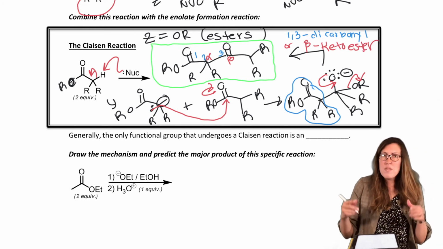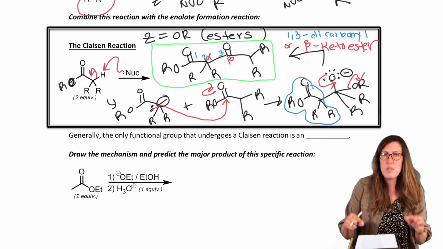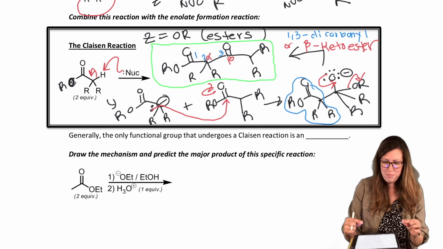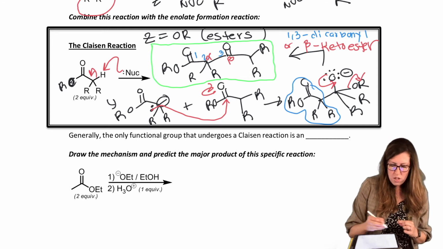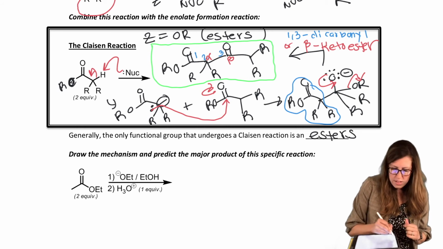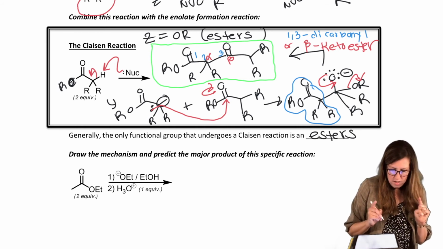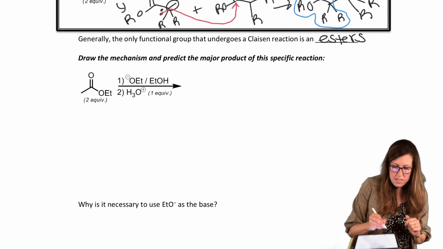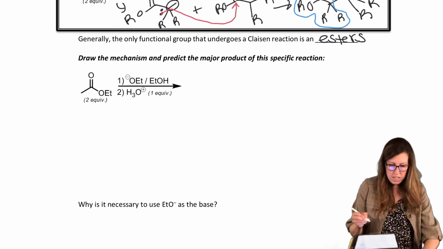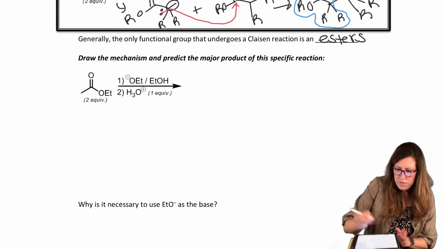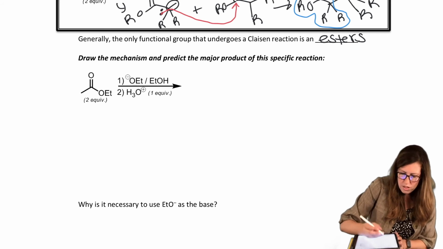So I like to have that vocabulary associated with it, because when you see a beta keto ester, you want to think Claisen. Okay, so we are only going to do this with esters. Okay, so let's see if we can do this a little faster. We'll do our cheater shortcut mechanism that's not a formal mechanism, but allows us, if we're trying to solve a problem quickly, to do it in a shorthand style. But since it's not a formal mechanism, I'm going to call it a short mechanism.